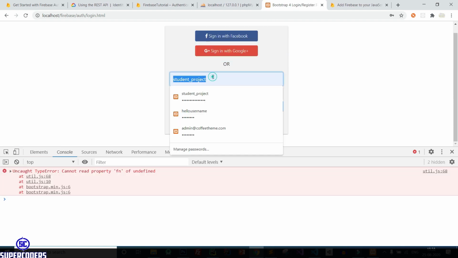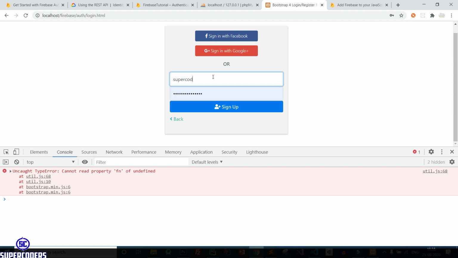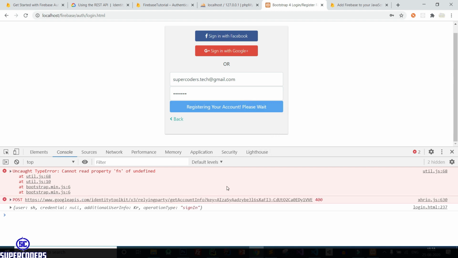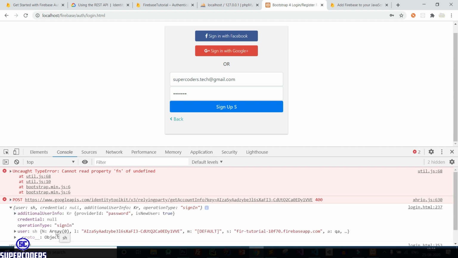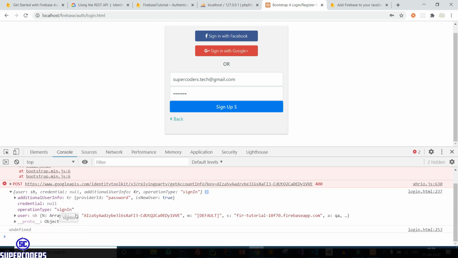So supercoders.tech@gmail.com. Again, try to sign up. So you can see my account has been created, and it also sent the verification email to my mail.